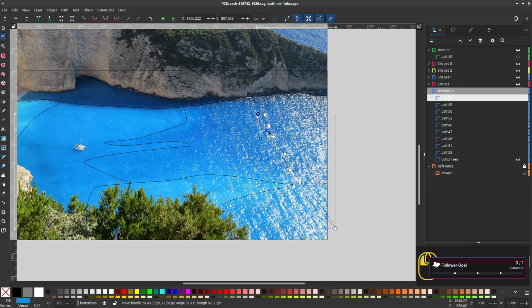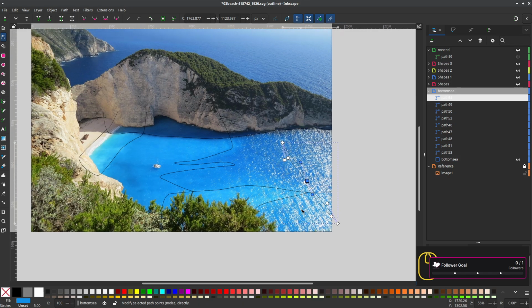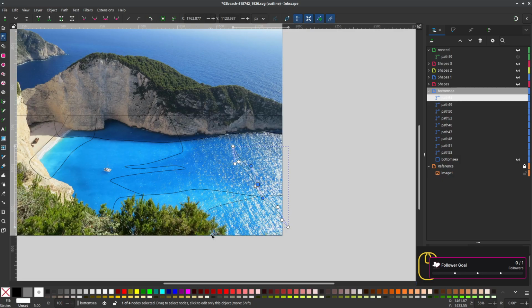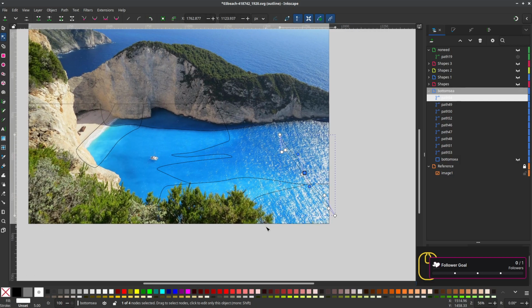I am holding the shift key, and in this way I can add a new node there. Okay, I am liking this, and let's add some simple white color to this one. Let's hit the S key, and you know what? I'm going to just shamelessly Control D this